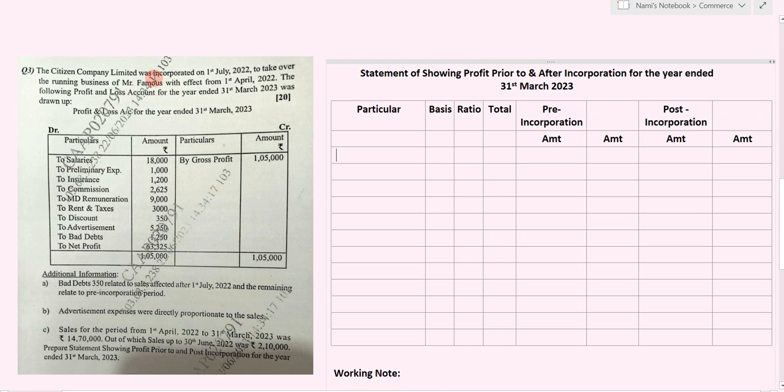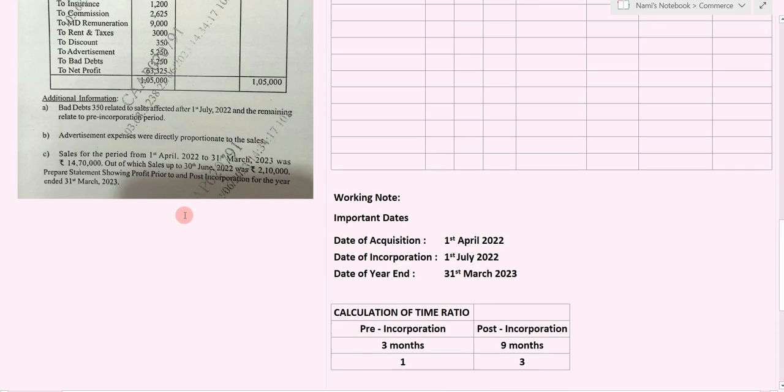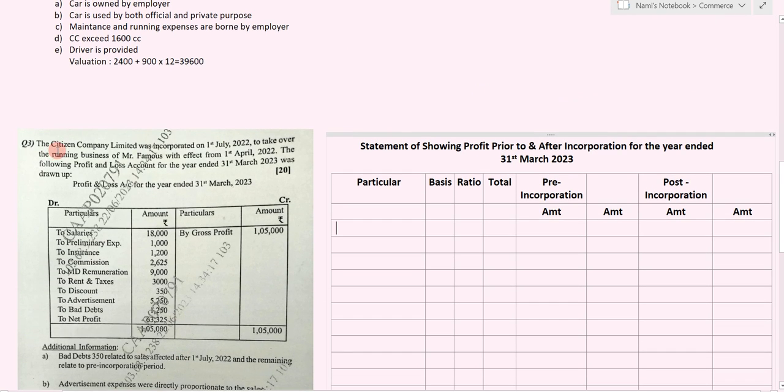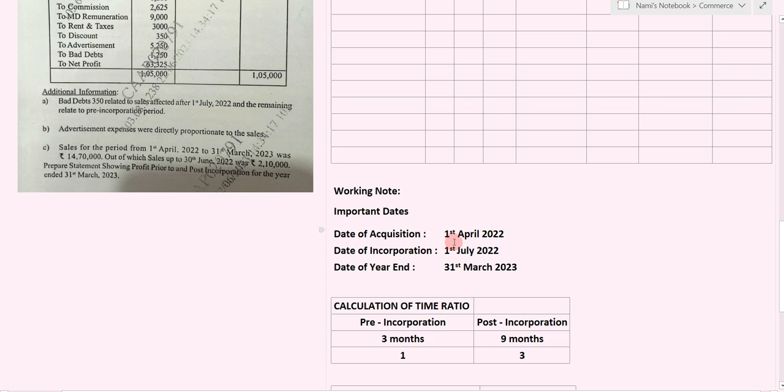What is the date of incorporation, means when did the Citizen Company Limited take over the famous company. So the incorporation date is 1st July 2022. The company Citizen Company Limited was incorporated on 1st July 2022 to take over the running business of Mr. Famous. So the acquisition date is 1st April 2022, the date of incorporation is 1st July 2022, and the financial year ends on 31st March